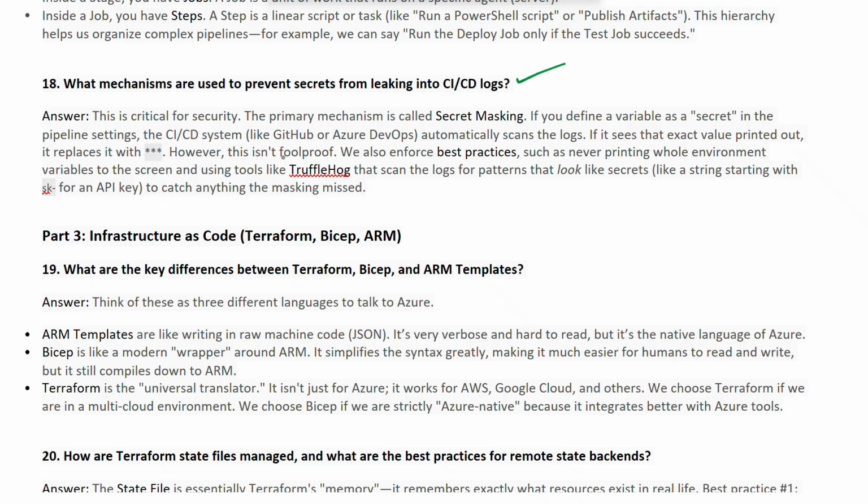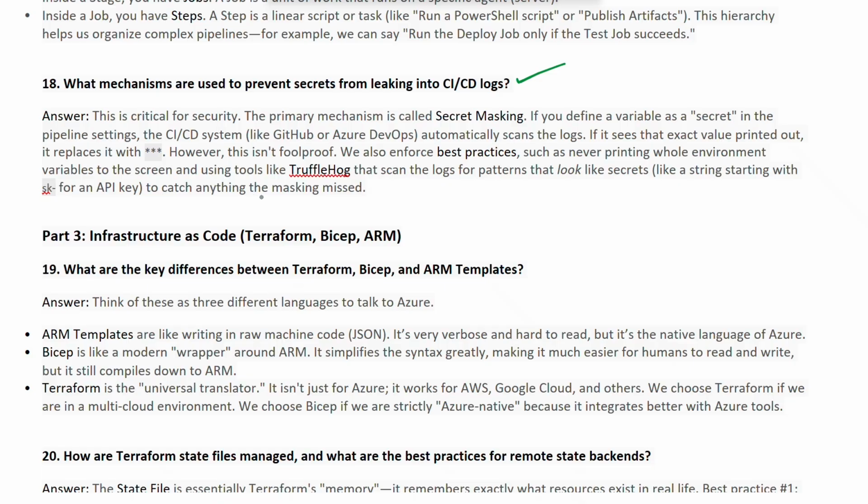However, this isn't fully foolproof. So here we also enforce best practices, such as never printing the whole environment variables to the screen, and using tools like Trufflehog that scan the logs for any patterns or anomalies that look like secrets, like a string starting with sk- for an API key.